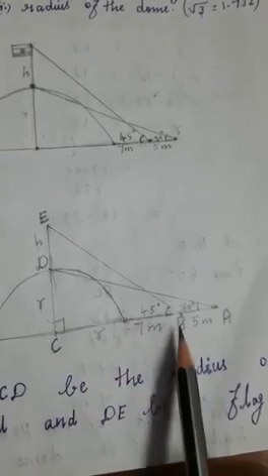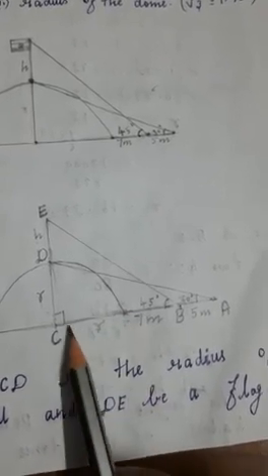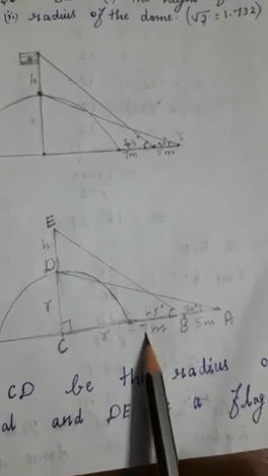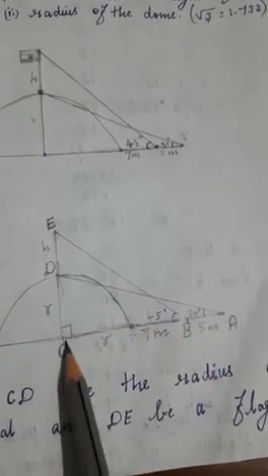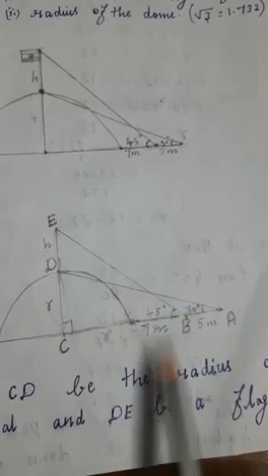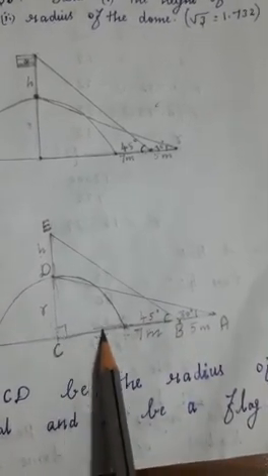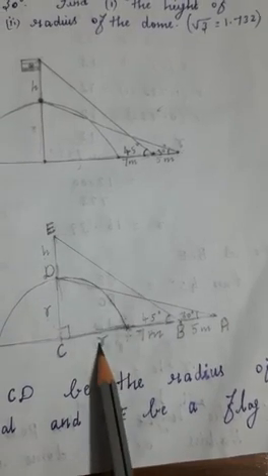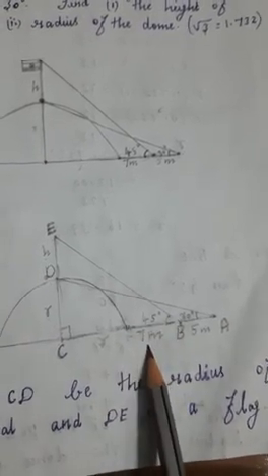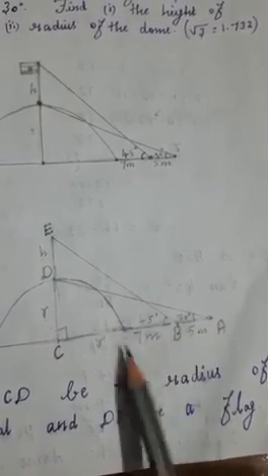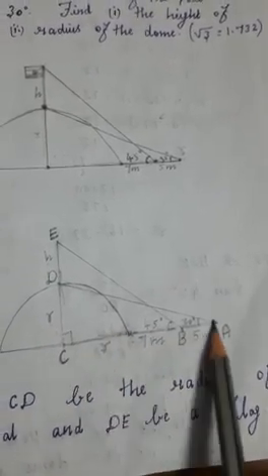So now see here, BC length means this length plus this length only, so that is R plus 7. The next one, if you want to find this full length, AC, what things do we need to add? That is R, this length, plus 7, this length, plus 5. So R plus 7 plus 5 means R plus 12, this full length, AC length.